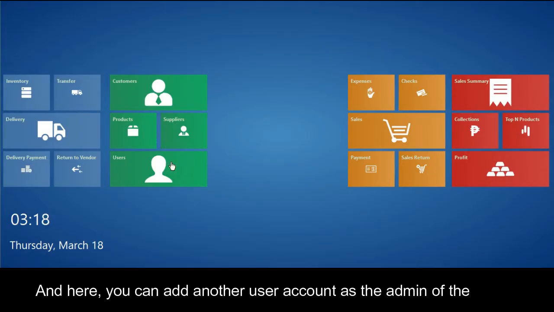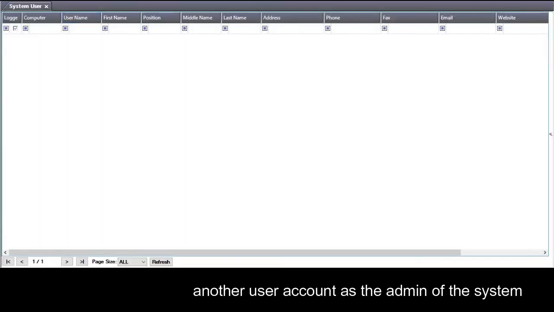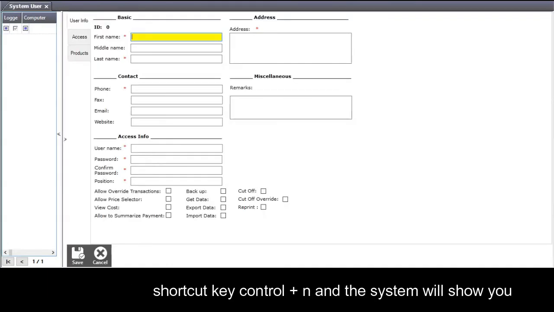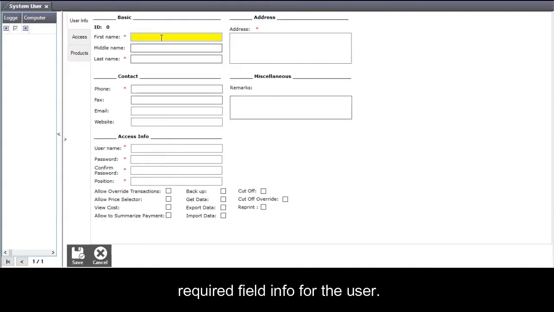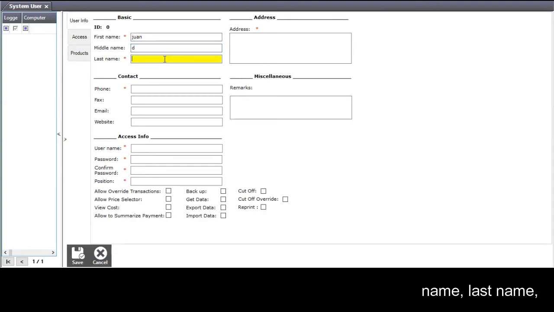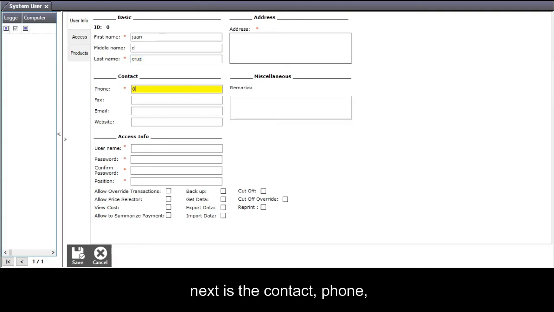In here, you can add another user account as the admin of the system by pressing the shortcut key Ctrl+N. And the system will show you the required field info for the user. First is the basic information, which is the first name, middle name, last name. Next is the contact, phone, fax, email,